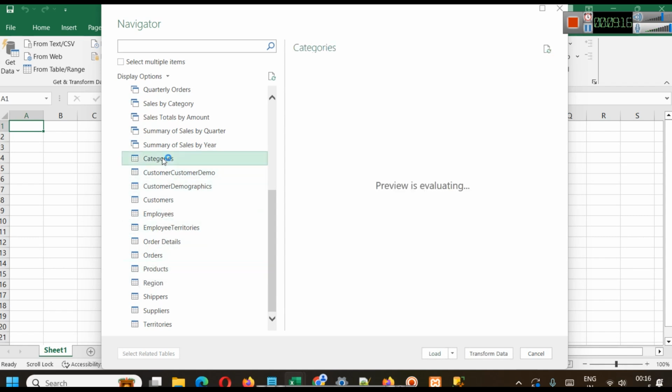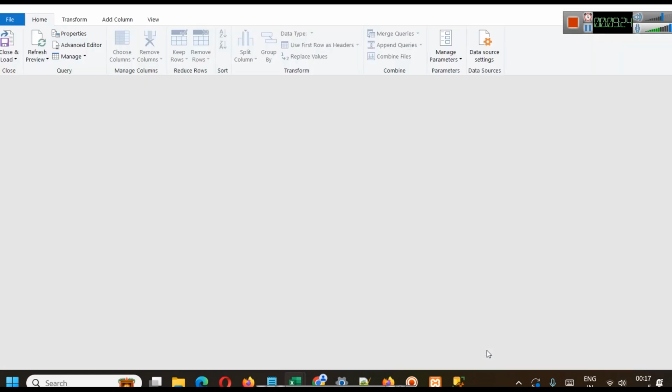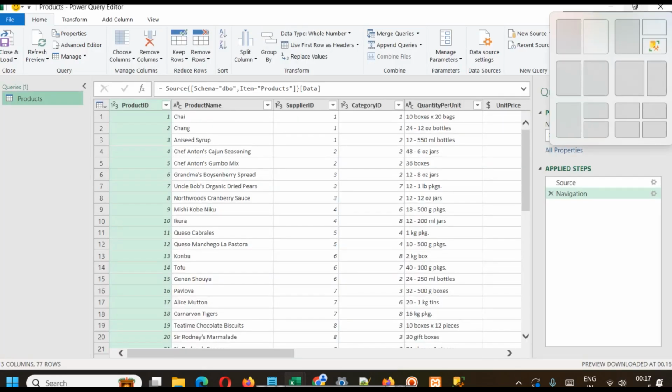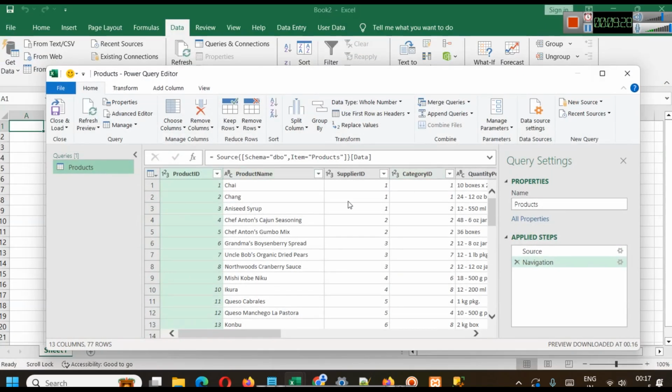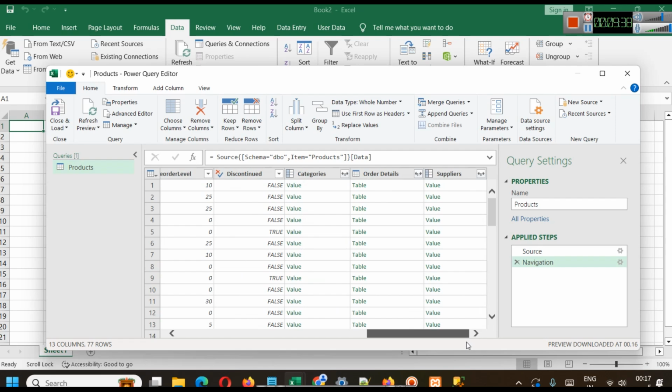connect product and category. So first I will connect product, and then I will simply transform data. When you go to transform data, it will actually open Power Query Editor for you. And in Power Query Editor, you can see product ID, product name, supplier ID, category ID, all the columns are